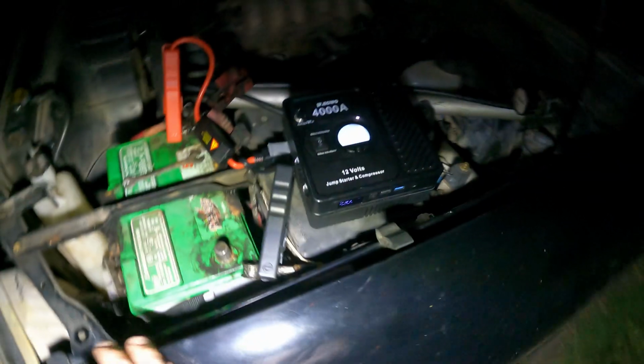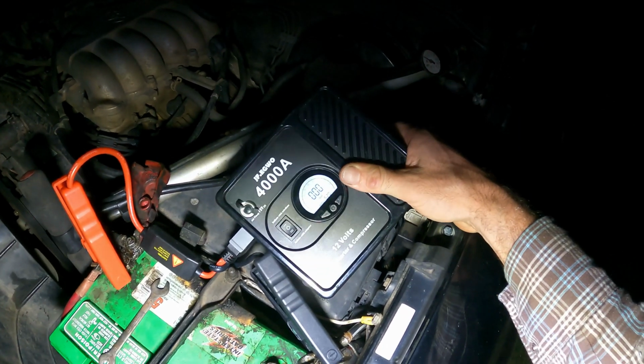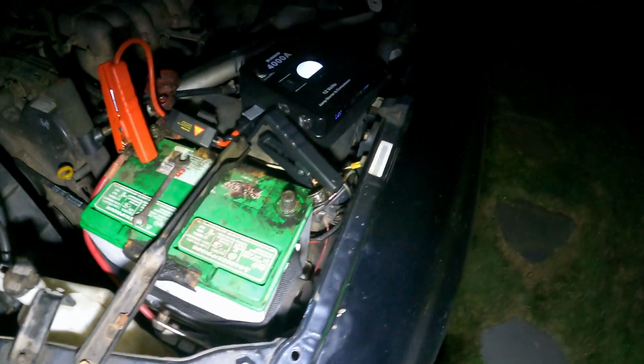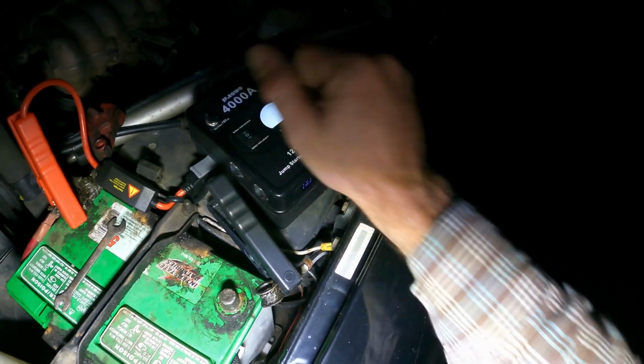So yeah, this would have no problem starting my Ram up. This is unbelievable. This little jump pack, this lithium-ion battery, absolutely killer. Proof is in the pudding. You guys saw what it did with the 7.3. It started it up no problem. Air compressor works awesome. And I'm gonna basically end this review here because I'm gonna put my seal of approval